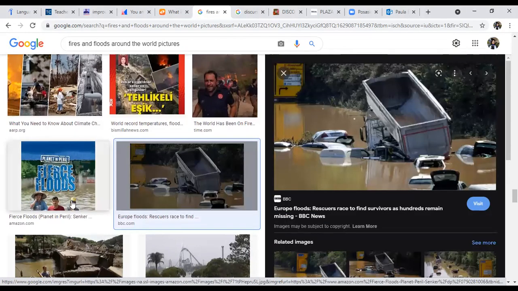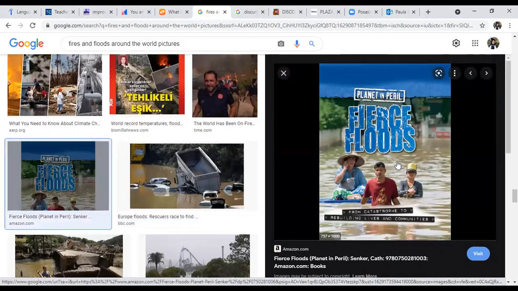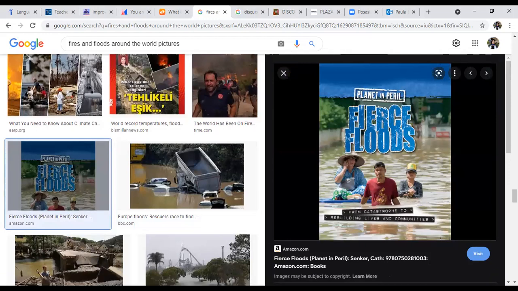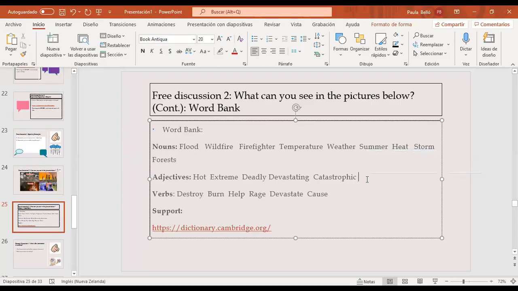Okay, so these are floods. Okay, just a simple search will let you find those images online. Okay, so you have floods. Oh, I will show you again. We have one more adjective. So we have adjectives. Yeah. Okay, another one. Okay, so we have